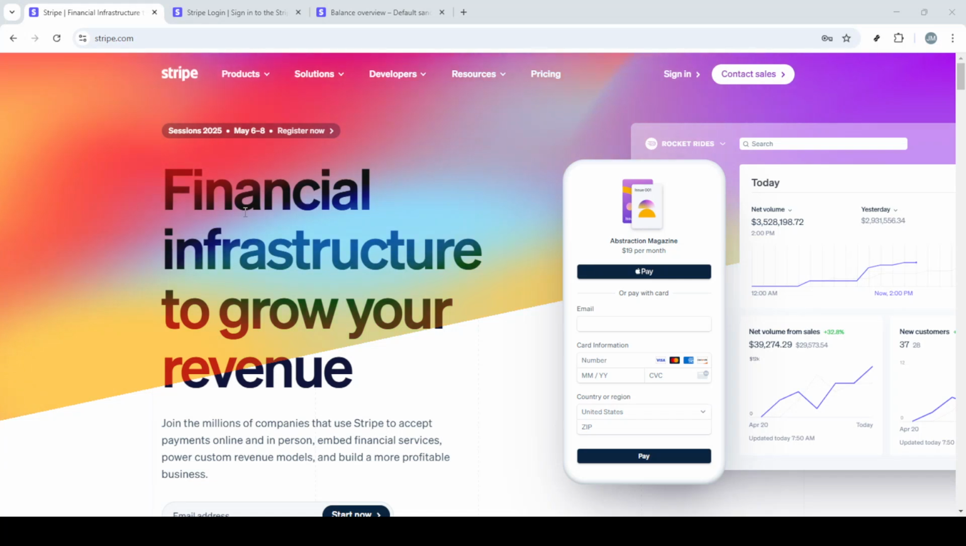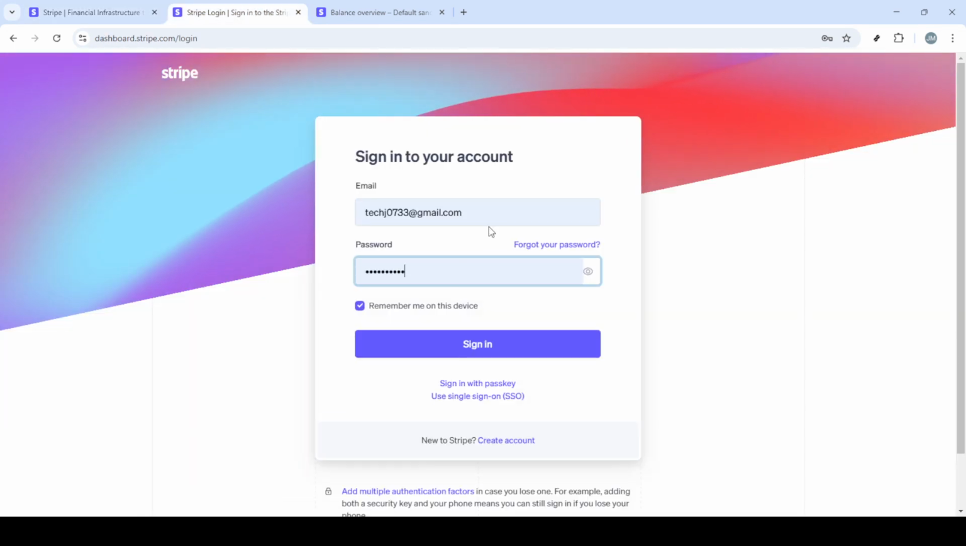In today's video, I'm going to teach you how to create a payment link in Stripe, and we'll get it done in just about 5 minutes. First, let's head on over to the Stripe website. If you haven't used Stripe before, they provide an amazing platform for handling online payments and building financial infrastructure to